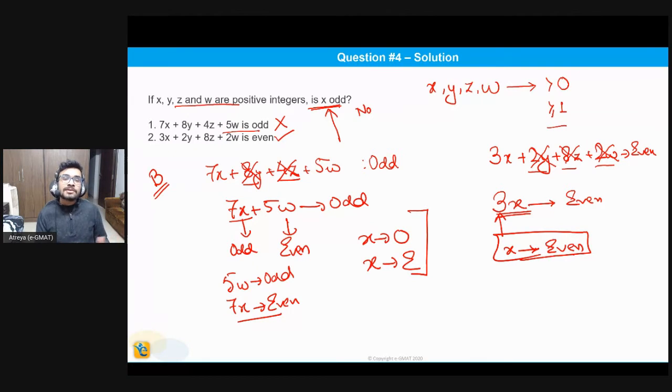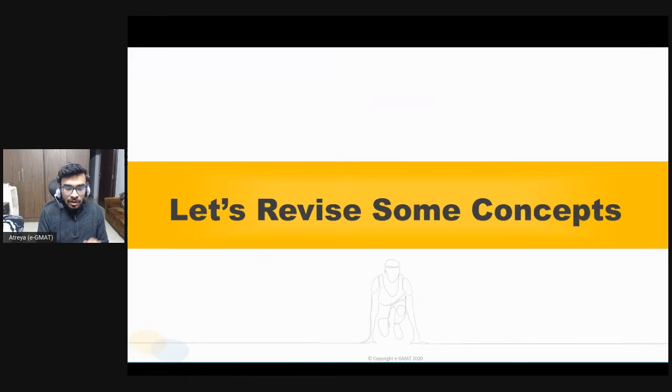Now, all these four questions that we did right here would be of the easy level. This is just to give you an idea of the next questions that we would be getting. Now, all these four questions also had some learning in each of them. So we'll now look at all the learnings through a revision of the concepts that we have in even and